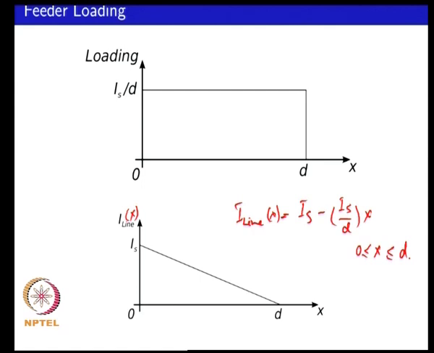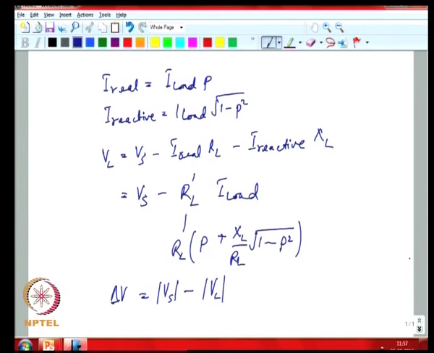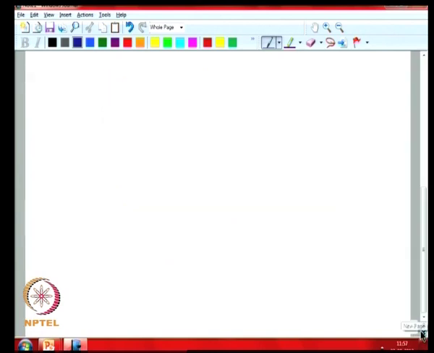So, to do that, if you consider a point along the feeder,